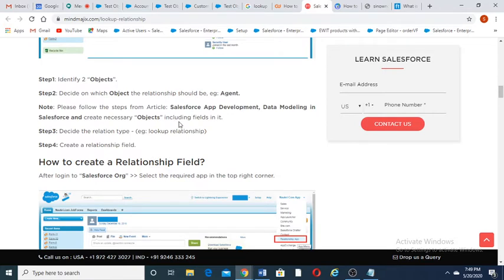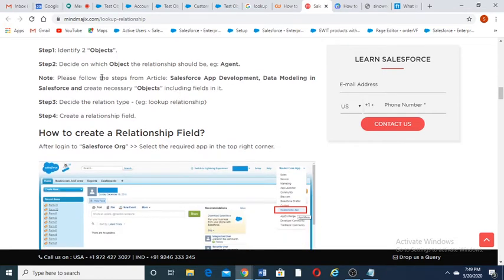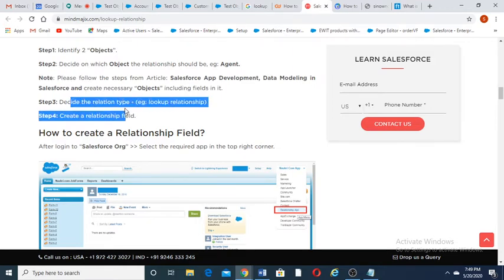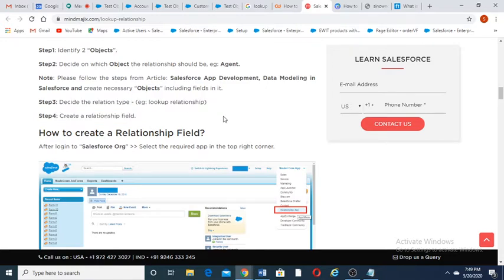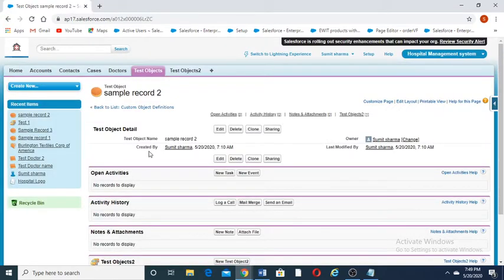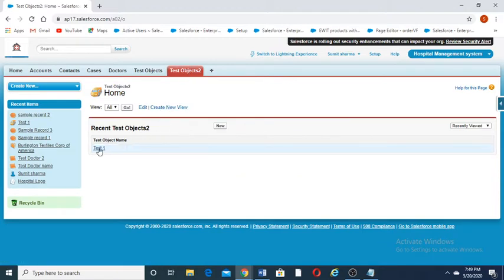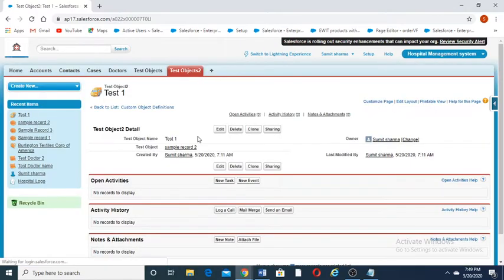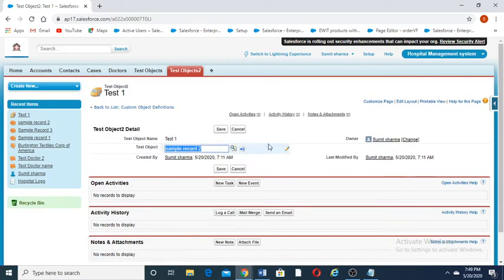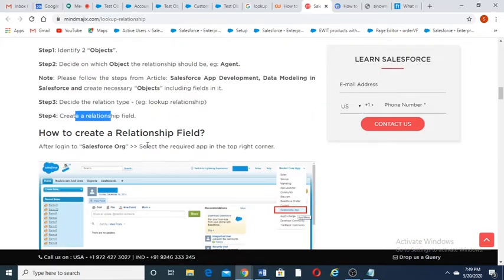Then I decided the relationship type should be lookup relationship, and created a relationship field. This is the relationship field which is created.